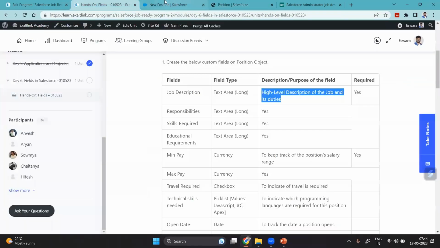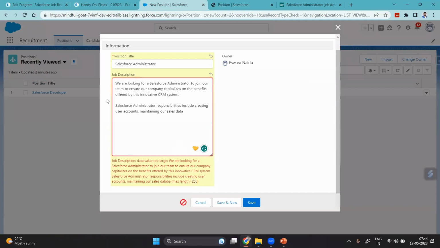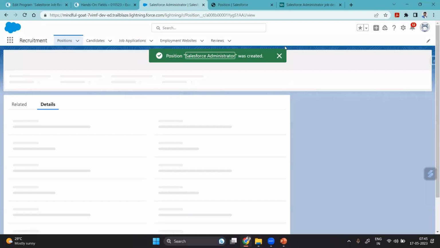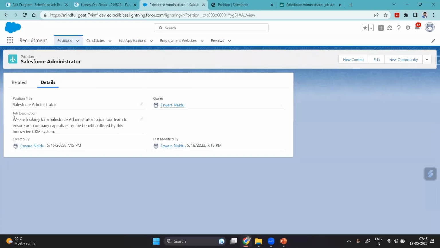So what I'll do is simply delete this and keep just this part, and let me save this. Now I have the job description as well. You can have up to 255 characters in the text area, so for that reason it didn't take a lot of information here. But if we want some more data to be captured, some huge text to be captured or something like that,